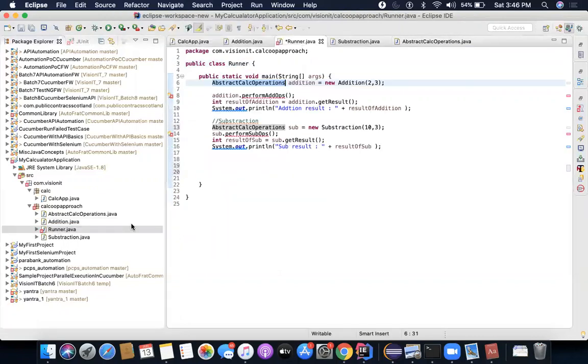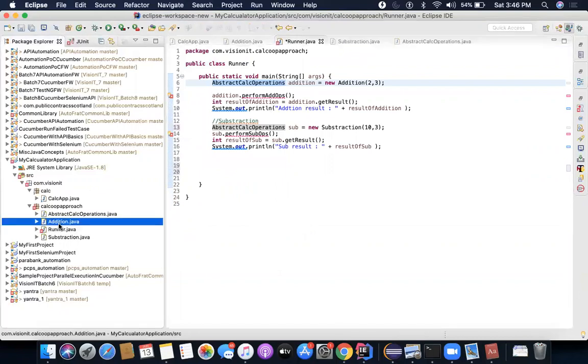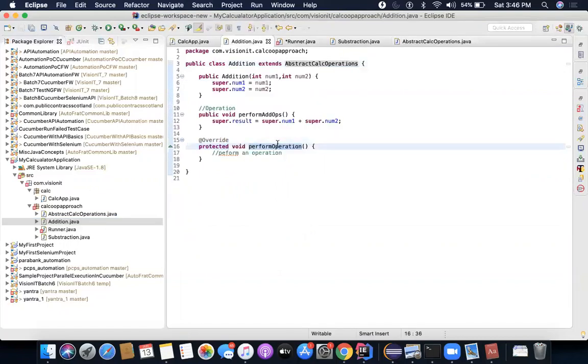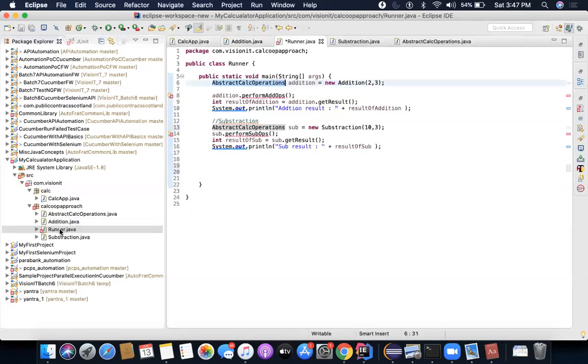Okay. So if I go inside my addition class, now in perform operation I can actually mention what kind of operation I want to do. In this case, I want to do an addition operation. So I'll write here private, because I don't want this to be exposed outside. I will write here perform add operation, and I'll call this method here. All right. How will it change the runner file?